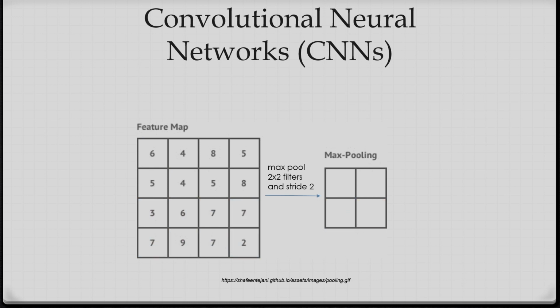After getting the feature map, we have to apply the max pooling technique. The max pooling technique I have already explained. So you can see, corresponding to the 2 by 2 neighborhood, in the first neighborhood the maximum value is 6, corresponding to the second neighborhood the maximum value is 8, and like this I am considering the max pooling operations.